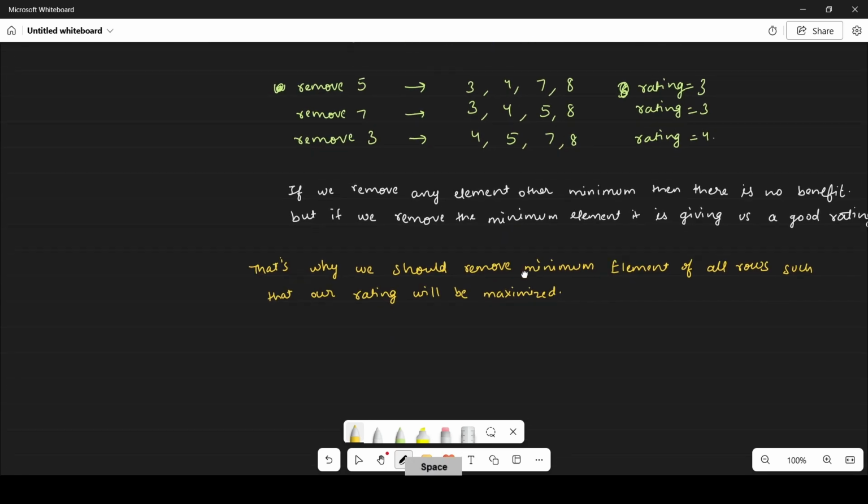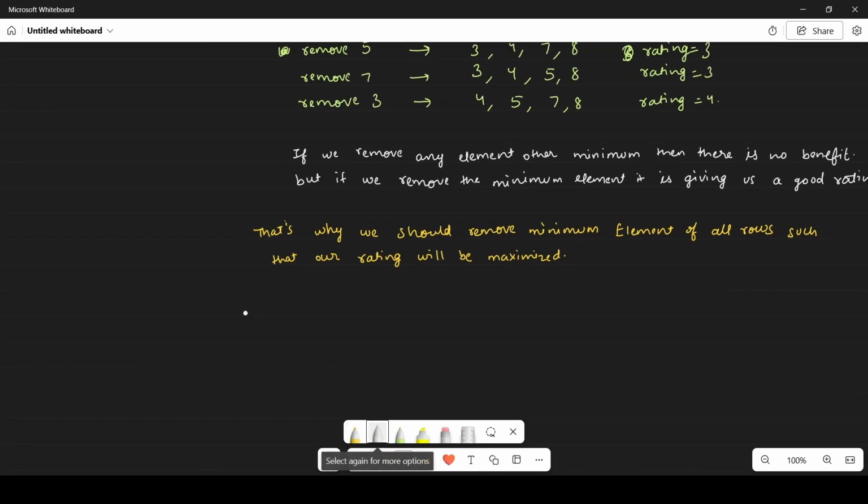Now the next question arises: where do you put that minimum element? This is a very interesting question also, because if you remove any element from any row then you have to put it in another row. So that is, where do you put that minimum element? The answer to this question is we should